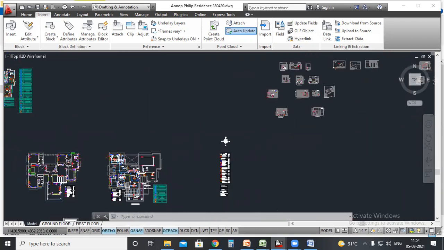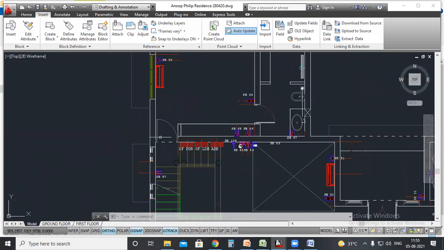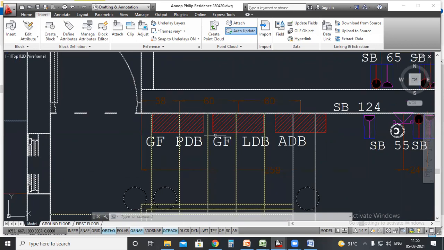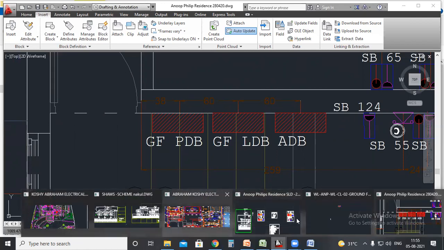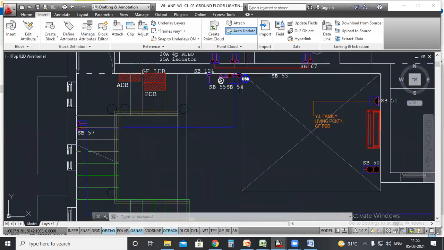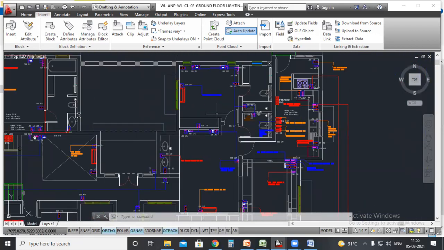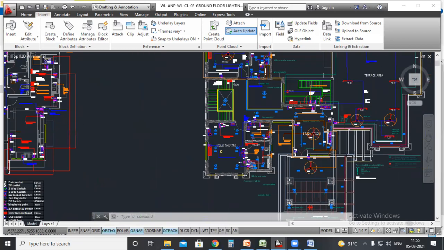So similarly, the distribution board is located here. This was the previous drawing. Okay, GFLDB, and after the client's advice and after a proper site visit, we made the changes so that the automation DB comes first, and the LDB and PDB in the up and down positions. Okay, so this is the final location for the distribution boards and the kitchen DB. And the first floor DB is coming near the staircase.